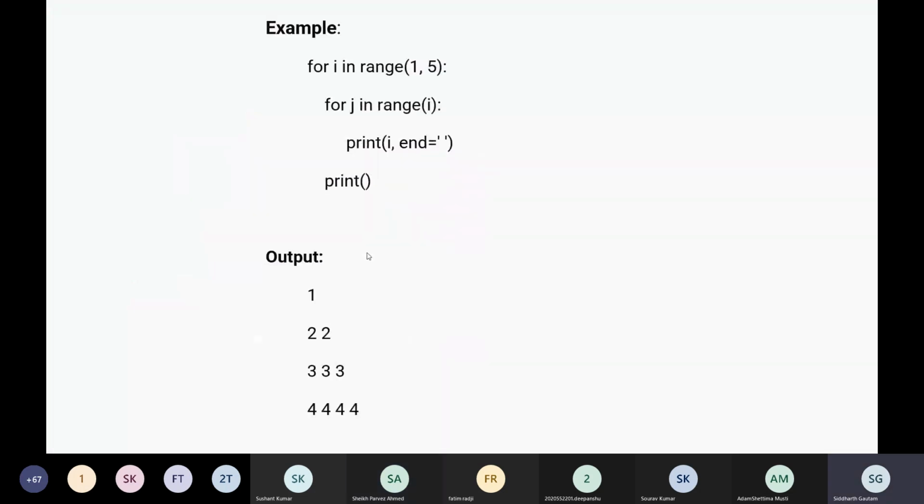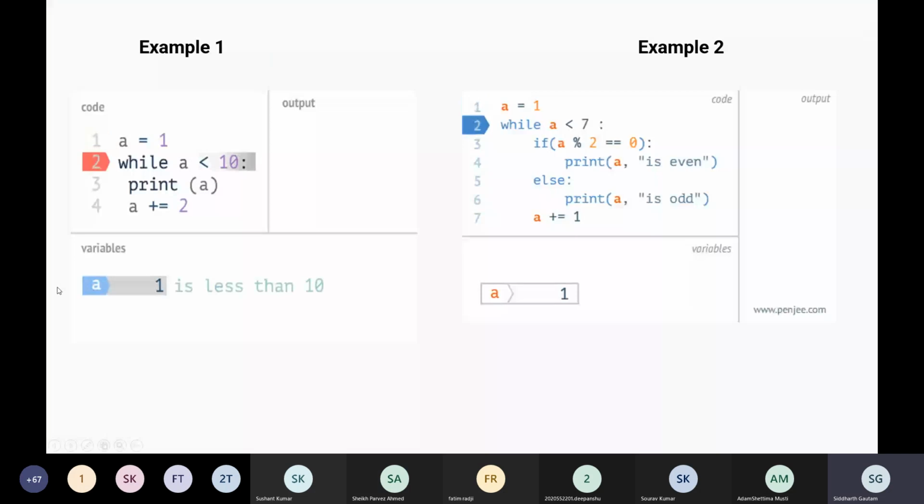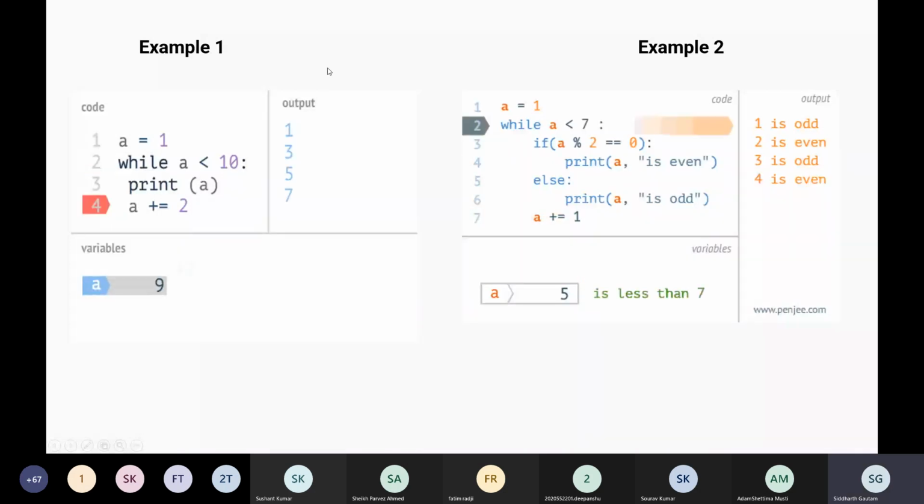All right, take a look at example one on the left side. Inside the while loop, we have a condition: while a is less than 10. As long as a remains less than 10, whatever is inside that while loop will keep getting executed. Inside it we have two statements: print a, and you can see the output on the right side, 1, 3, 5, and 7.